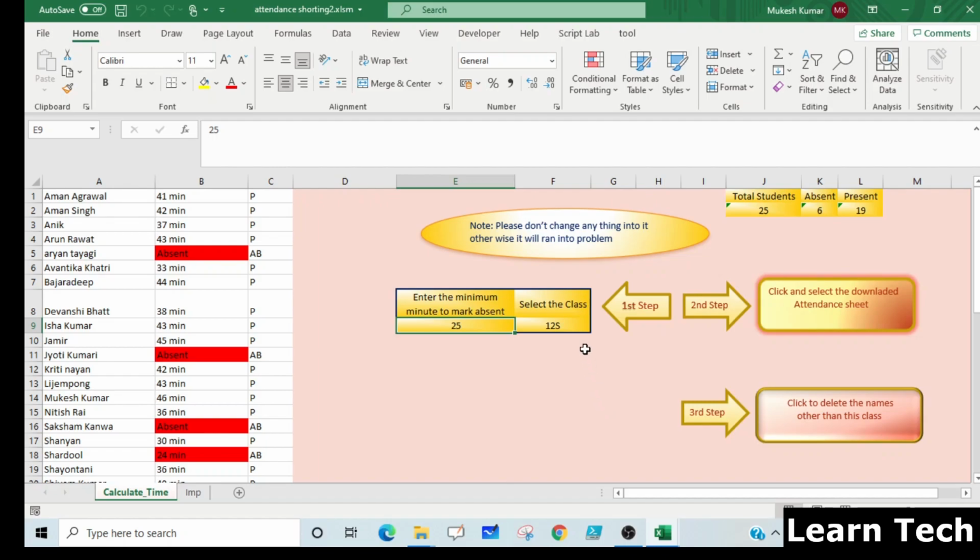So in this Excel sheet there are broadly three steps. Just see here, it is written step 1, step 2 and step 3. One by one we will discuss these steps. The most important thing is what,